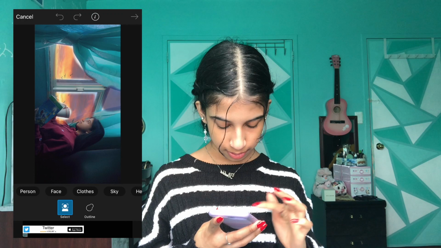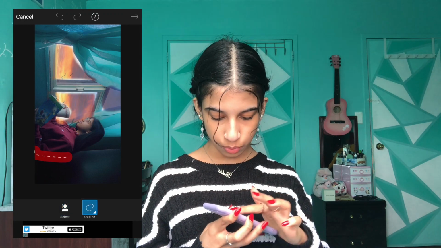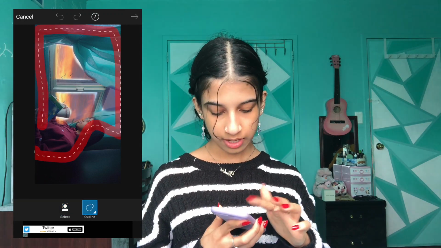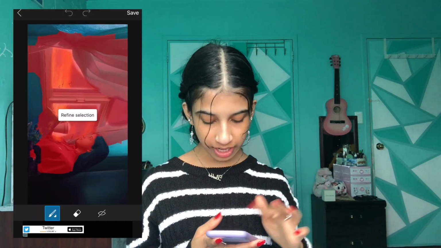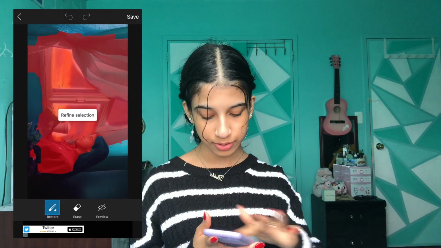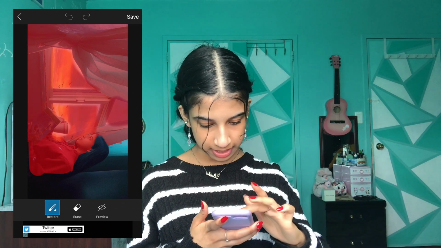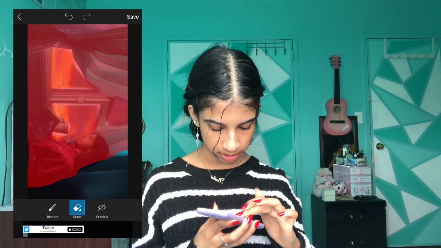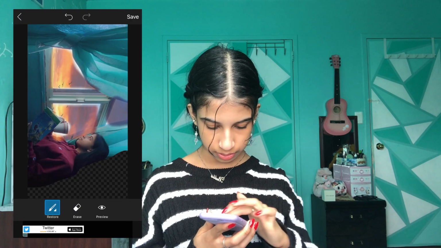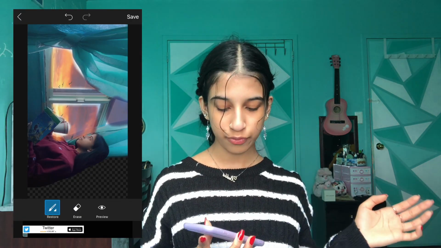And then what I wanted to do was crop out what was behind me. So you go to cutout and then you outline everything you want to keep. Right? It doesn't have to be perfect. It gives you another chance to figure things out. So if you look here, everything that's in red is what's gonna stay. So you can color in everything that you want to keep that they didn't highlight for you. If you want to see what it looks like after everything's gone, then you can press preview and then it shows you. So right now I have everything except for the closet that was behind me. I press save and now I have a picture without a background.